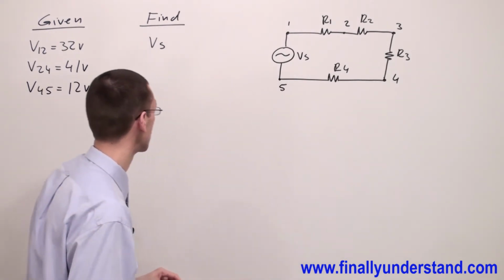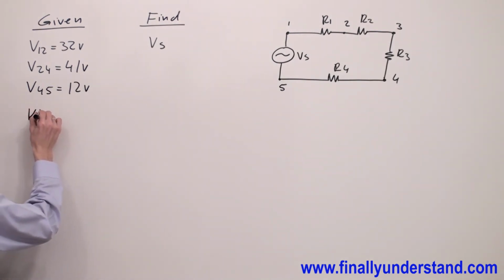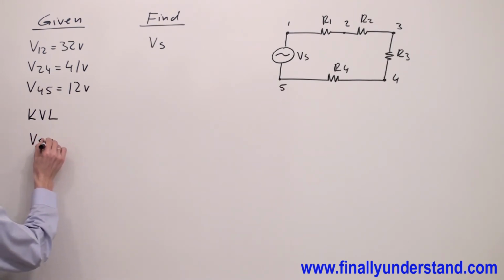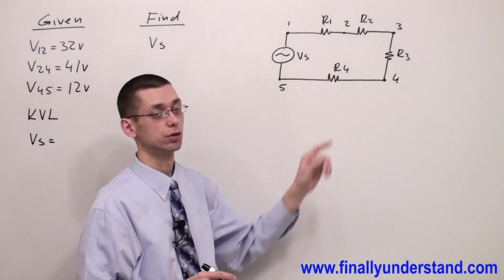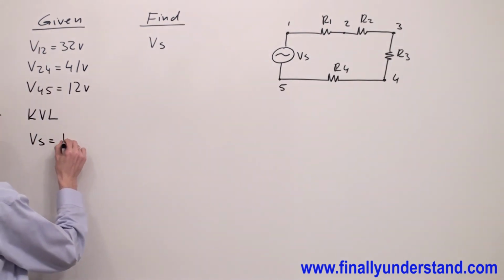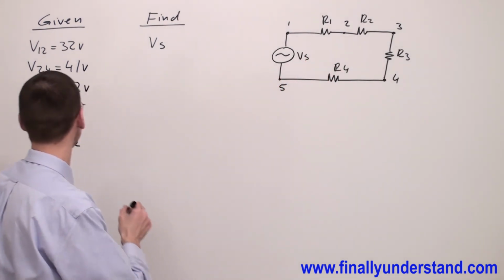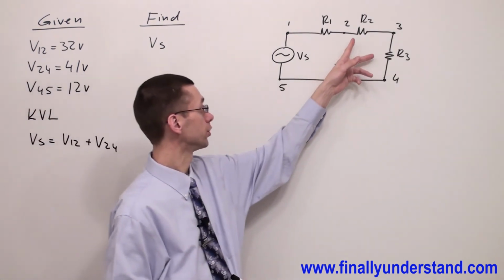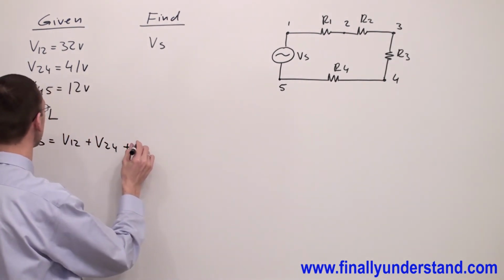We're supposed to start solving this problem by writing KVL, Kirchhoff's voltage law. The voltage source is the sum of the voltages across the resistors. So we have V12, which is the voltage across resistor R1, plus V24, which is the voltage across these two resistors, plus